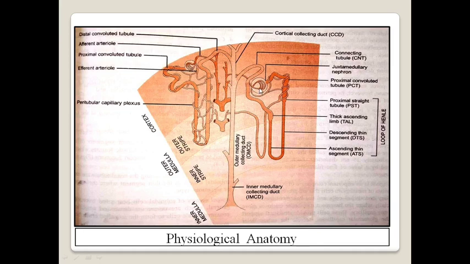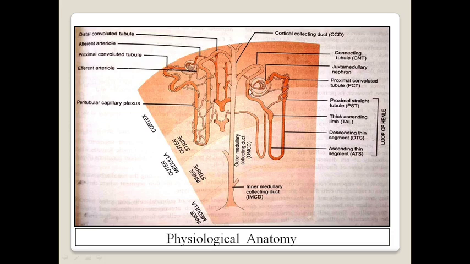Because of the increase in pressure, hydrostatic pressure in the glomeruli will increase. So more and more fluid will come out of the glomeruli, collect into the Bowman space, and more fluid and more solute will enter the PCT. From PCT to Henle, more and more sodium chloride is coming because of increased hydrostatic pressure and increased filtration. So the sodium chloride concentration is increased in the thick ascending limb, and finally in the DCT.